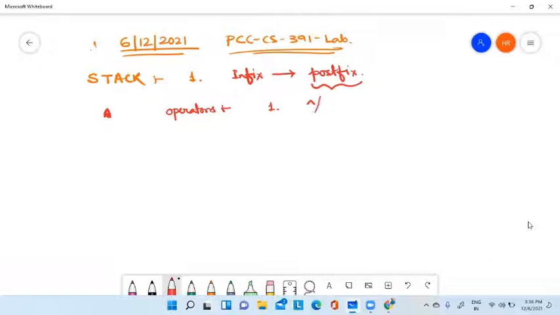Although this to the power operator has different symbols in different languages. In C language, there is no such to the power operator. For the to the power operation in C language, we use the power function. But in other languages, there is some operator. So normally to the power is represented by this symbol, or sometimes by the dollar symbol, or sometimes a double star. These are used to represent the exponential operation, or to the power. And remember, this one has the highest precedence.